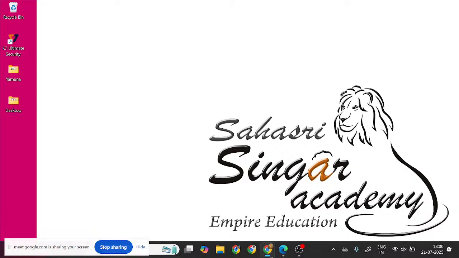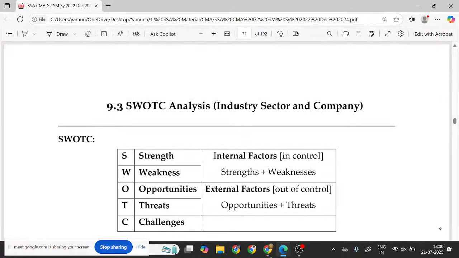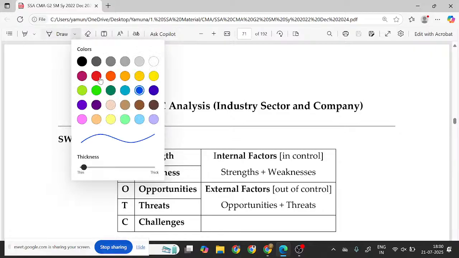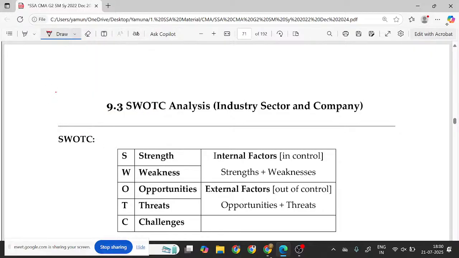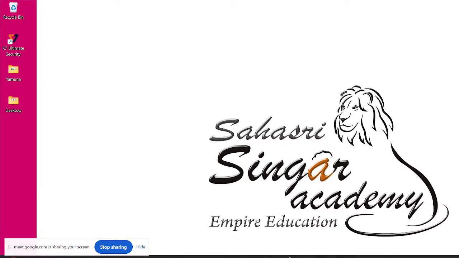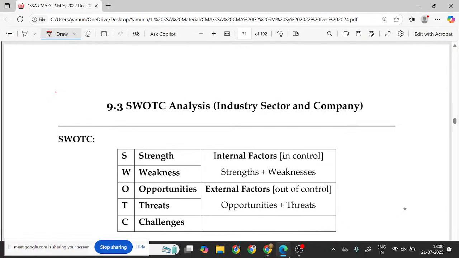Continue with 9.3 on SWOT analysis. So, 9.3 SWOT analysis. While we were discussing in the earlier class on PESTLE analysis, all the factors,